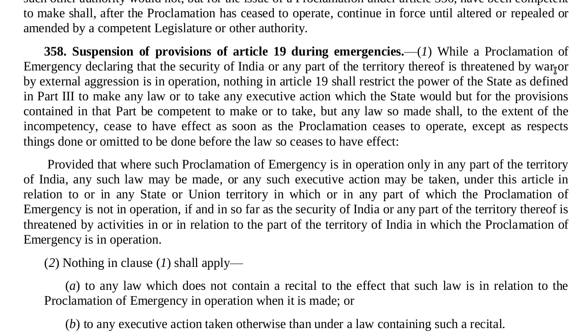A. While a proclamation of emergency declaring that the security of India or any part of the territory thereof is threatened by war or by external aggression is in operation, nothing in Article 19 shall restrict the power of the state as defined in Part 3 to make any law or to take any executive action which the state would but for the provisions contained in that Part be competent to make or to take, but any law so made shall, to